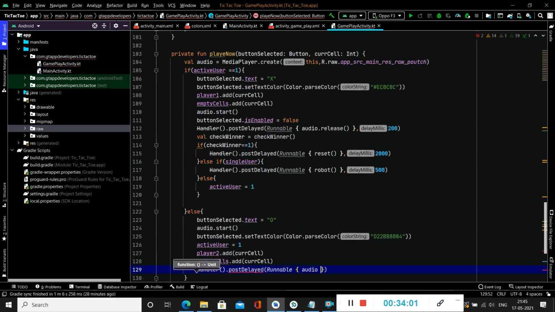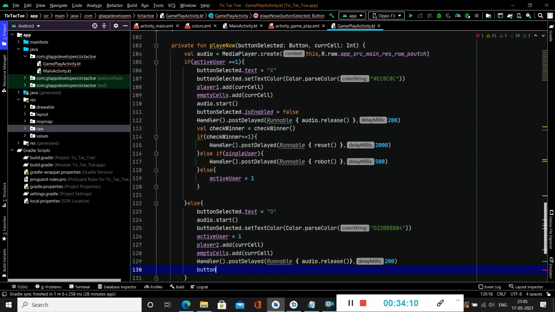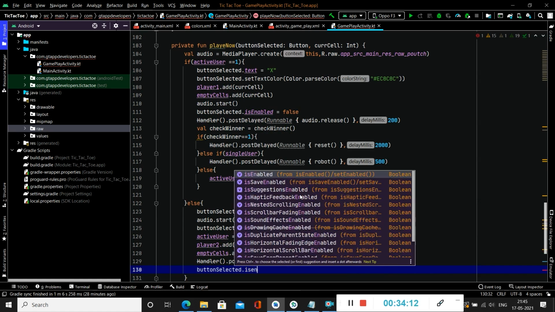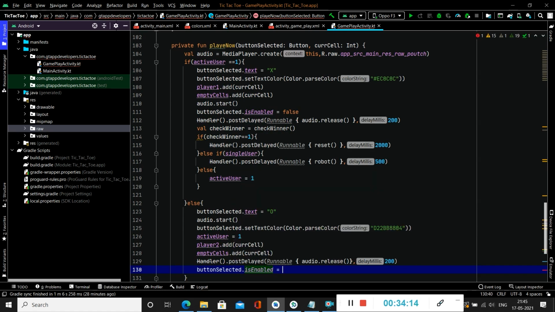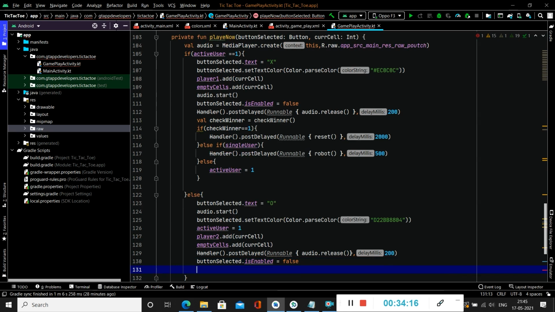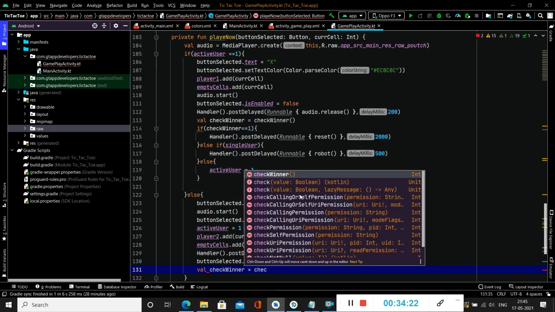Inside this we will release our audio, by calling audio dot release, and we will specify duration as 0.2 seconds. After that, button selected is enabled false. Then we will call our check winner method